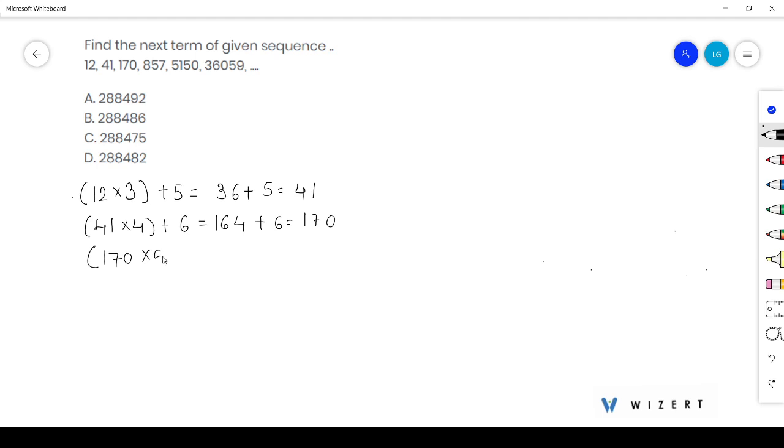170 into 5, then after 6 if we add 7 here, it is 850 plus 7, we will get 857. Okay, then 857 into 6 plus 8, it will be 5142 plus 8, so it is 5150. Then